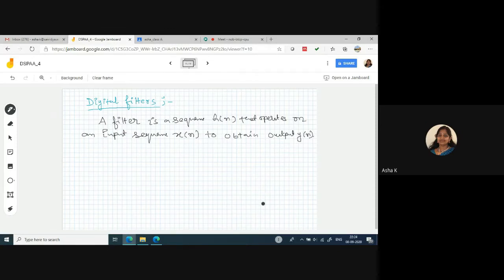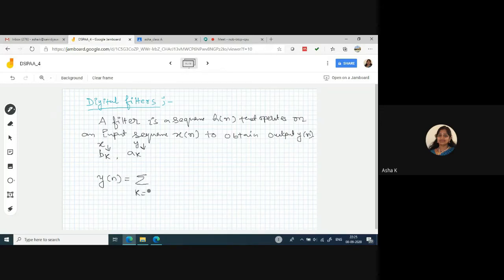Here the sequence consists of filter coefficients. The input x coefficients are called bk and the output y coefficients are called ak. The input x coefficients are represented by this, the output y coefficients are represented with this. The general equation that you have studied in the previous classes, that is y of n is equal to summation